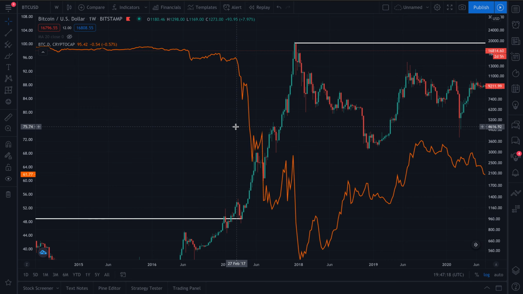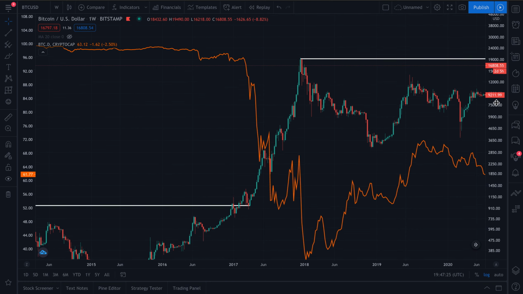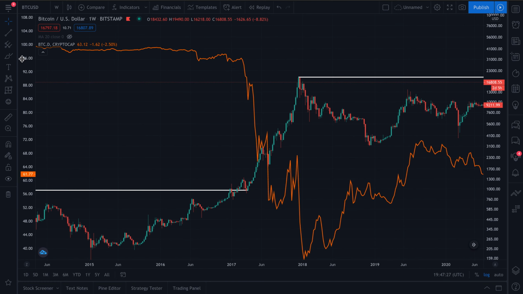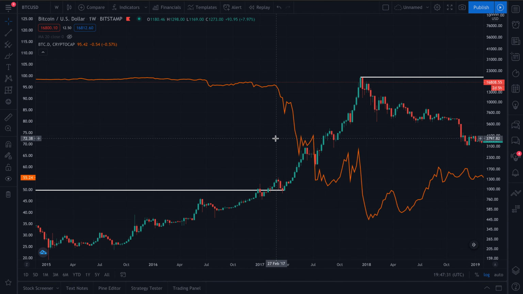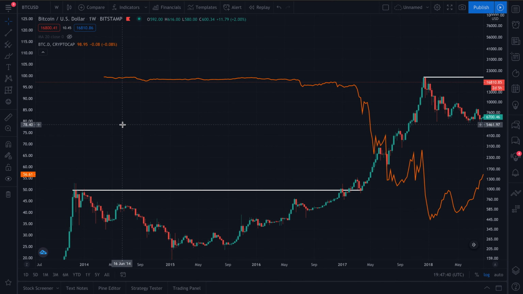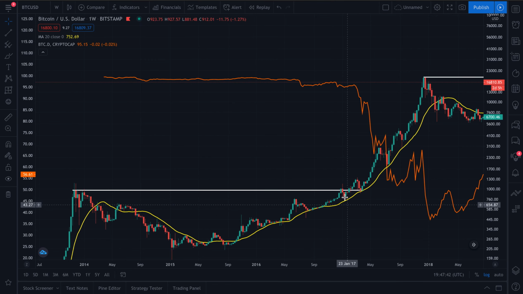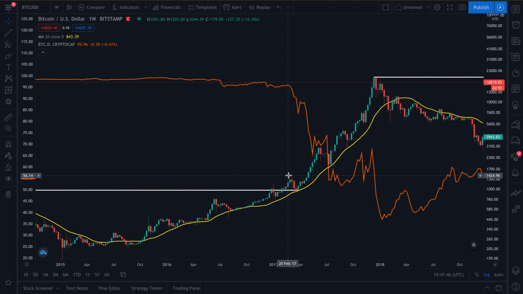So, when did that dip really start? Well, that dip really started in February 2017. Having the overlay makes it really easy to figure out when that occurred. So when we line it up, around this time, Bitcoin was above the 20-week moving average. I can even flip that here. It was above the 20-week moving average, as well as it just passed its prior all-time high, right? And